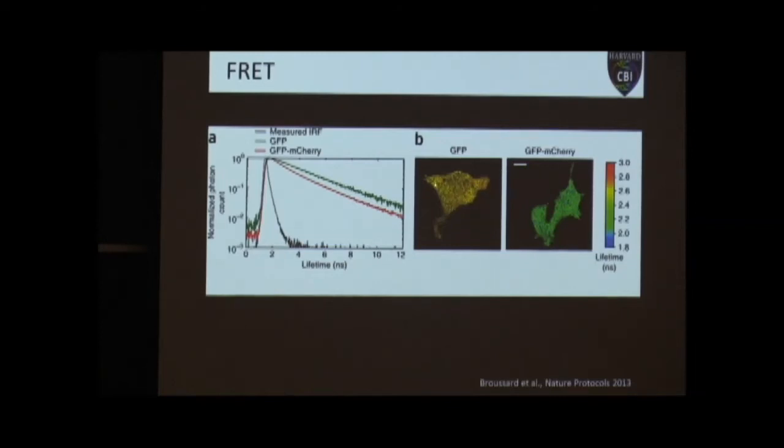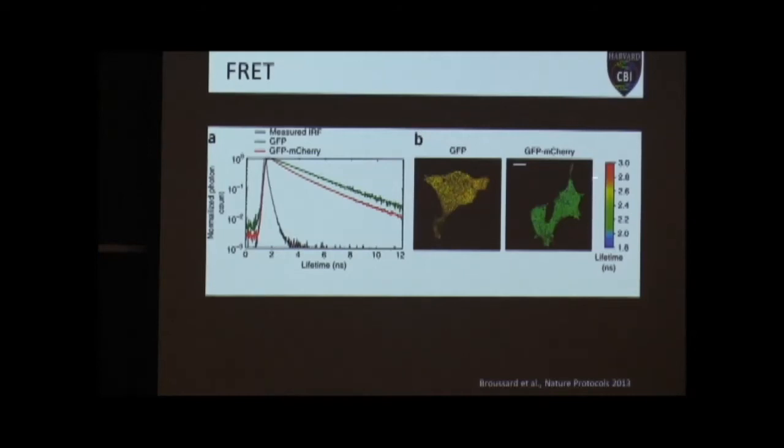So this is just a cell expressing GFP alone. And then this cell here is expressing a fusion of GFP and mCherry. Okay? So it's just two fluorescent proteins fused together with a polypeptide linker. And what you can see is the GFP alone has a lifetime around 2.6 nanoseconds, kind of in the yellowy-orange